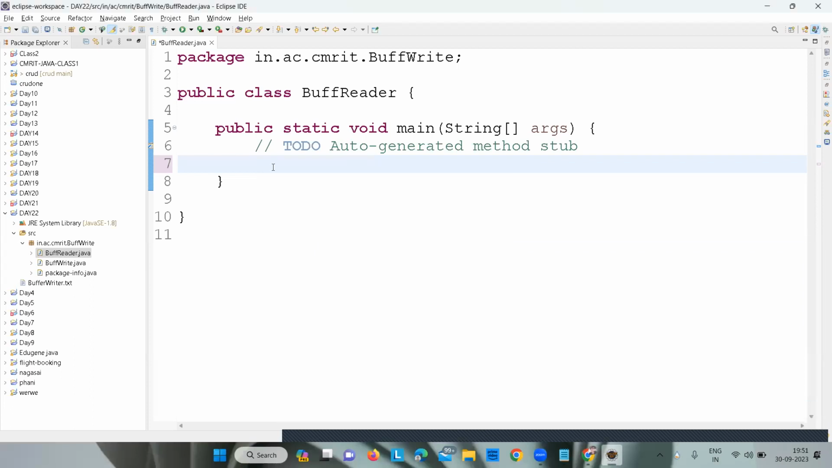So to read the files using buffered reader, say FileReader fr equals new FileReader and give the file name. Okay, what is the name of the file? Buffer writer dot txt. Okay,